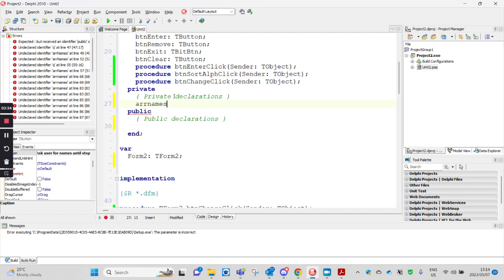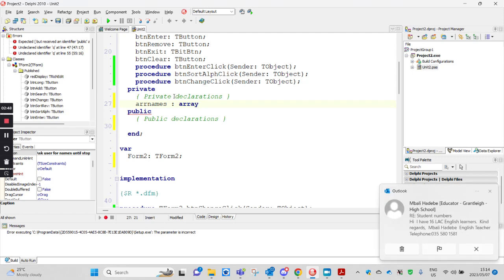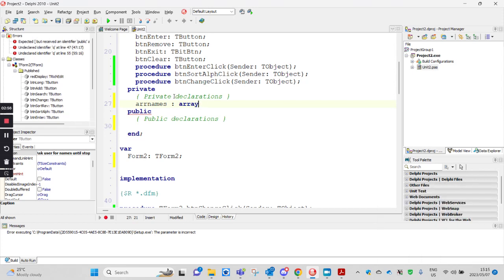Array name, R names, then colon, array. All right, so control space is a good option. I'm going to stick with 0 for now. So from 0 to, in our case 19 because we started at 0. And then of type